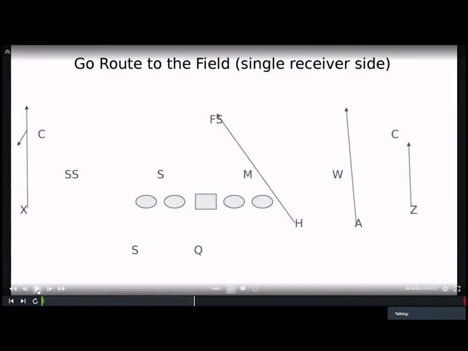Okay, now we talked about earlier how we like to put our trips into the boundary, and we want to be able to throw a fade or hitch or something to the field depending on what kind of coverage we're getting by the corner and the safety to that side. Typically, most teams are either going to play one high against this look, and if they do, they're going to roll that strong safety down,